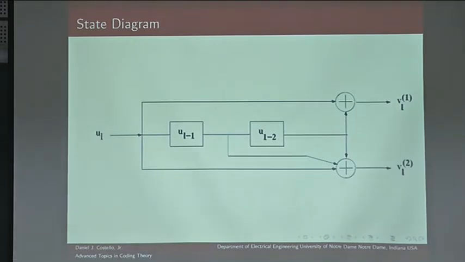Now, what I was saying earlier, just so we don't lose the thought, is that when we have what is called a feed-forward encoder like this, the state is always the M past input bits. But as Adrich was saying, we can also have feedback encoders, so the output can be fed back,